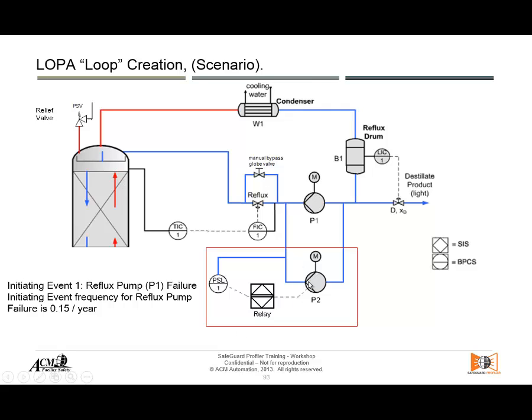So we saw there that we had a spare pump, and we can get this spare pump to work automatically, right? By convenience. So we put a pressure level, we put a safety relay, to start the pump when the pressure is low, or some other way that we can find out that the main pump is not working, so that we can have that spare pump as a safeguard working in there. So this pump will work towards this initiating event, pump breaking, but it will not work towards the reflux valve